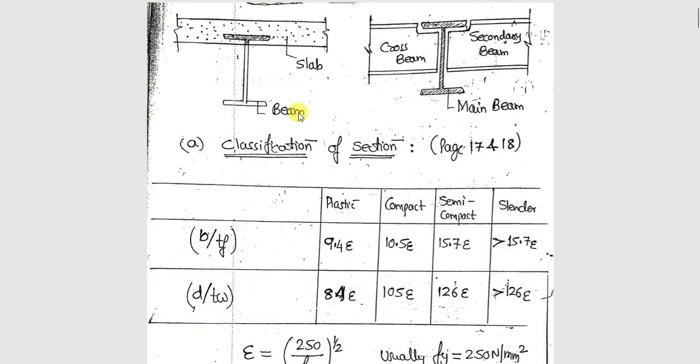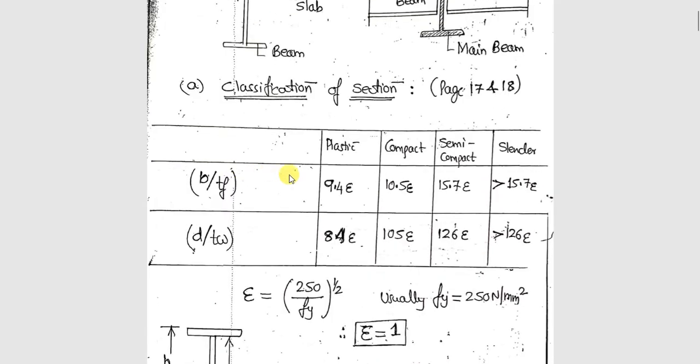Designing the beams. Here you can see the examples of laterally supported beam. Here one of the flanges is inserted or cast in the slab itself, the RCC slab. Whereas here, this I section is supported by two other I sections or beams which are running perpendicular in the other direction. So this will be the main beam, the bigger beam. The two smaller beams will be connected to this. If the arrangement is done in this fashion, this beam also becomes a laterally supported beam.